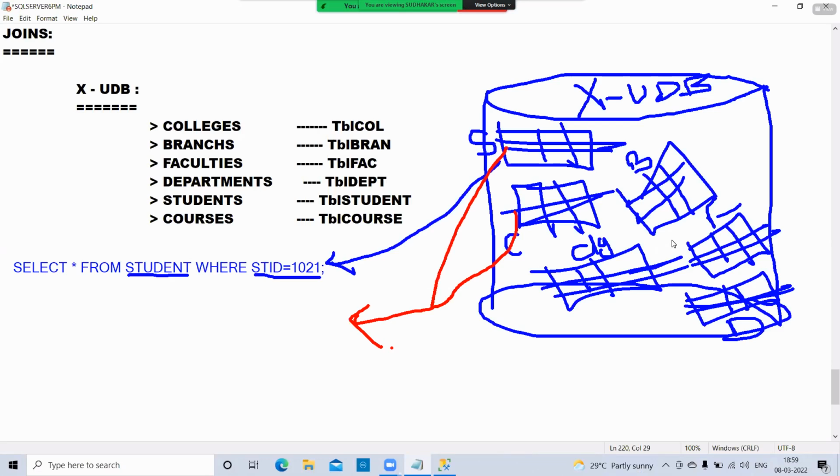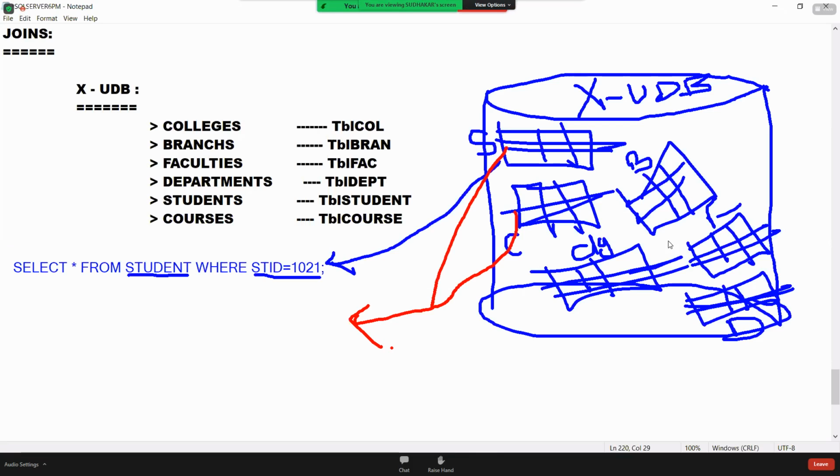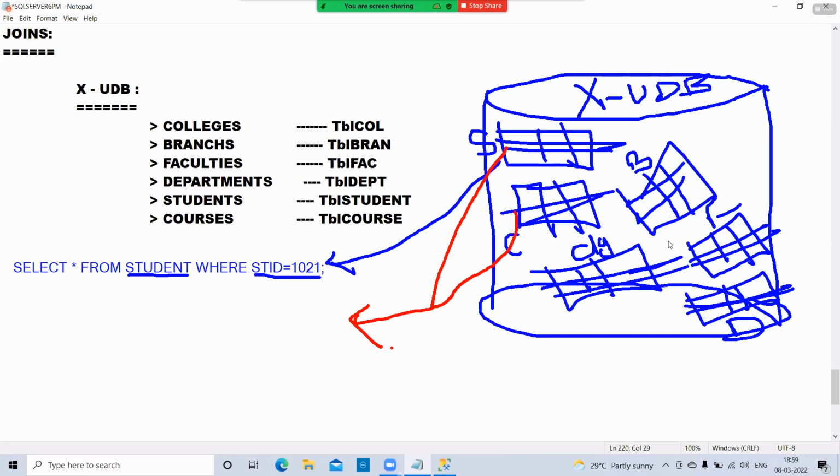But how can I fetch it here? Because the students information is a separate table, and the courses information is a separate table. So that means my data is needed from 2 tables, not a single table. In these cases, how do we fetch, how do we pull the data of two tables from the database memory? Here I need to use what now? One of the techniques is called